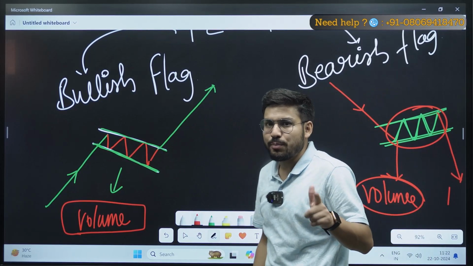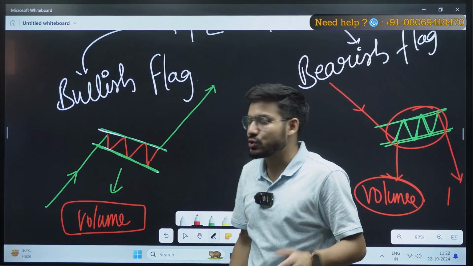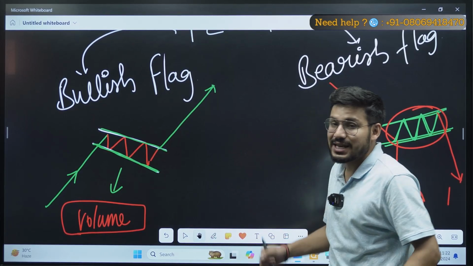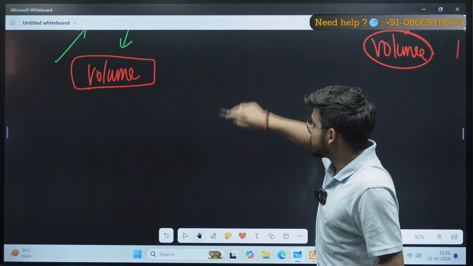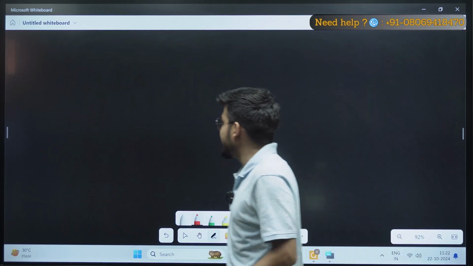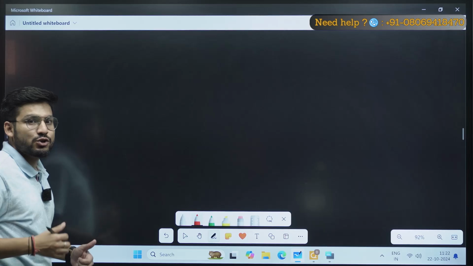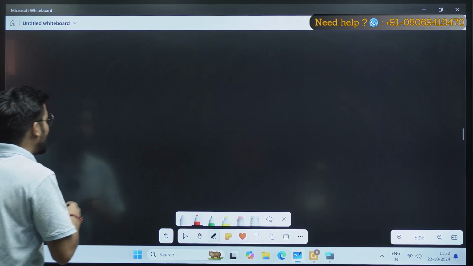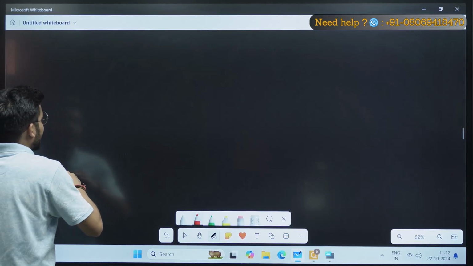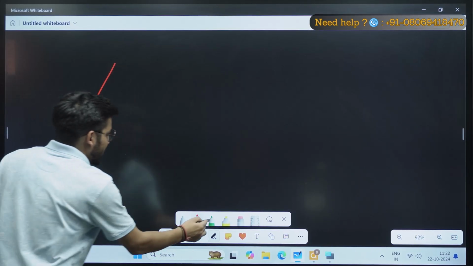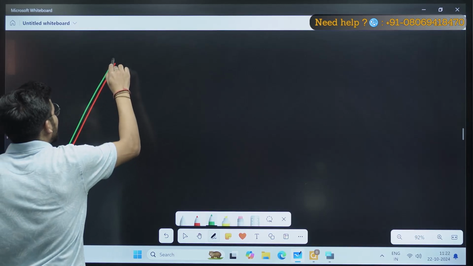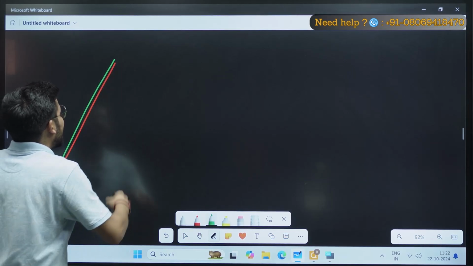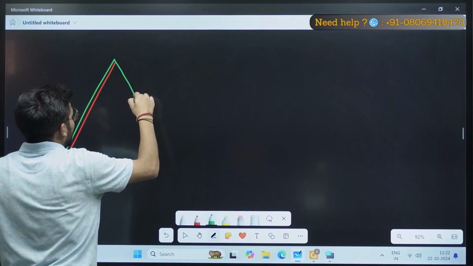Now there is one more pattern here that I would like to disclose. These patterns are ascending and descending triangles. I will not consume much time on this. I will just let you know how these patterns look. So for example, there was a market in the upward direction, and then you get to see certain patterns that are forming like this, okay?